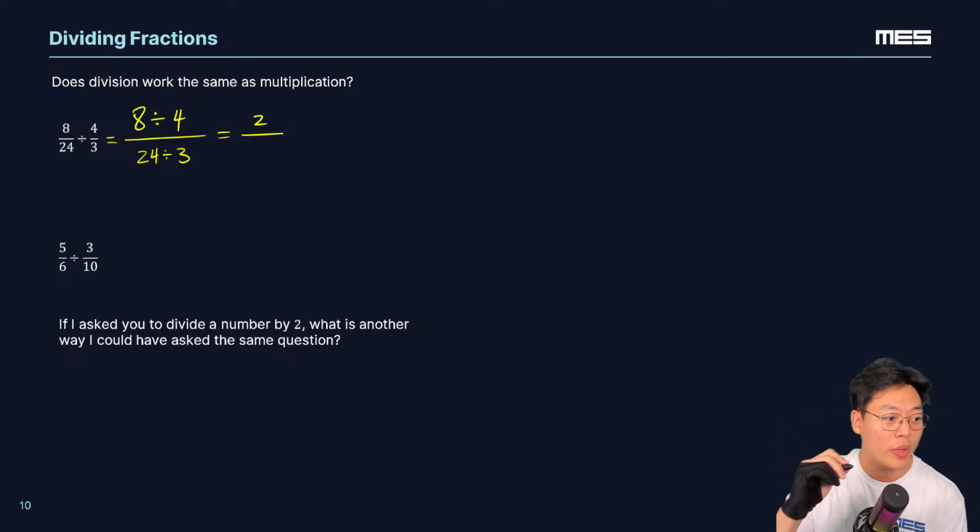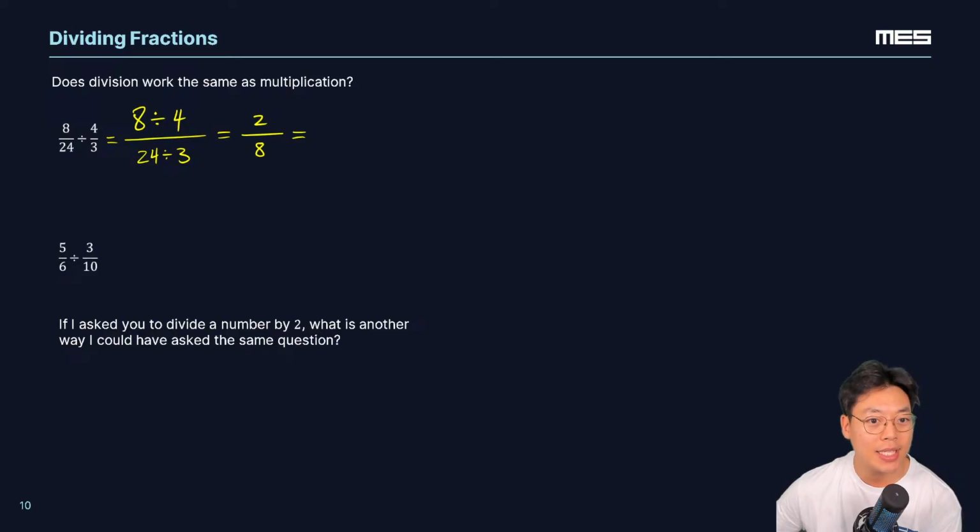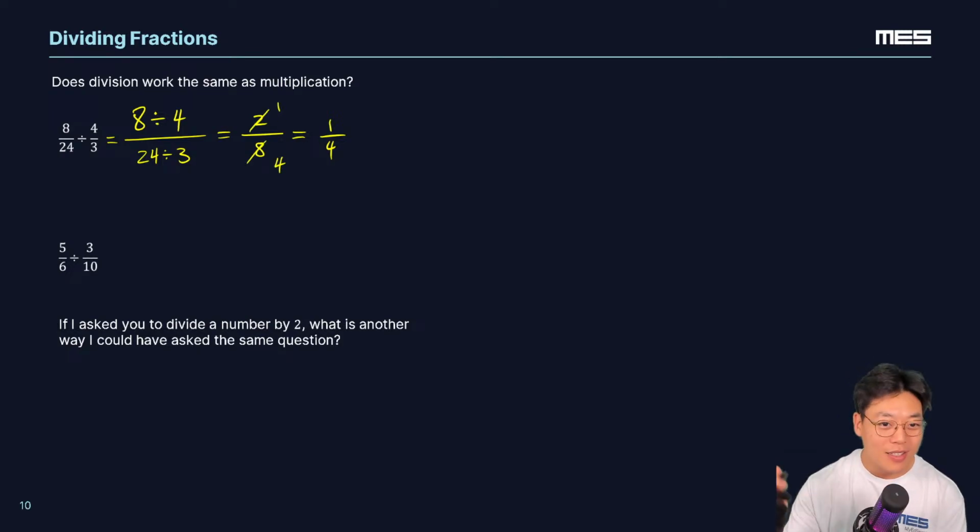Great, Max. Great, Chloe. It's 8, right? 24 divided by 3 is 8. Now, great, Max. 2 over 8. 2 and 8 have a common factor of 2. So if we simplified 2 over 8 completely, what would our final fraction be? I know, Max, you guys are going back and forth. I love it. It's going to be 1 over 4 because 2 and 8 both have a common factor of 2, and we can divide those, cancel those out to get 1 over 4. Beautiful work.